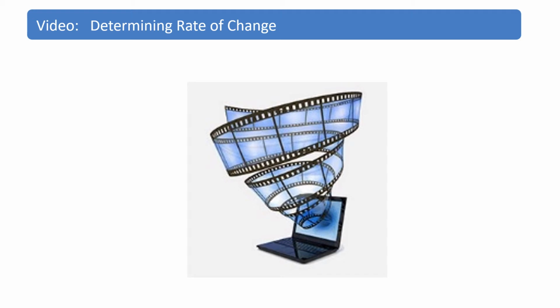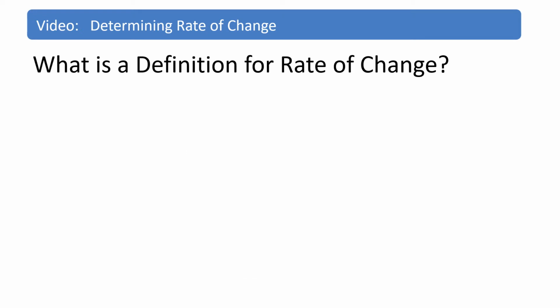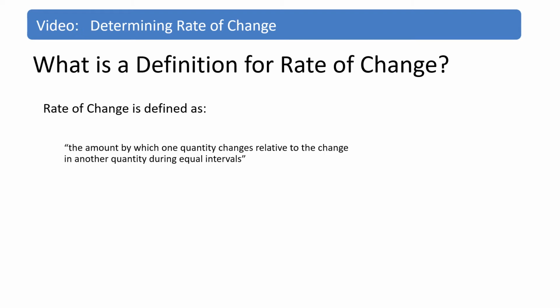Determining rate of change. What is the definition for rate of change? Rate of change is defined as the amount by which one quantity changes relative to the change in another quantity